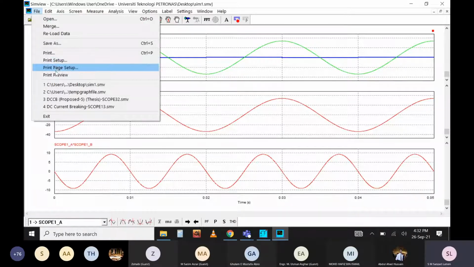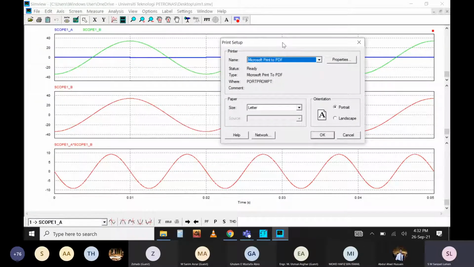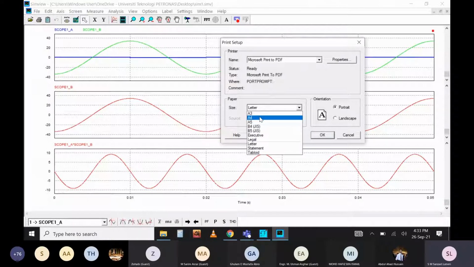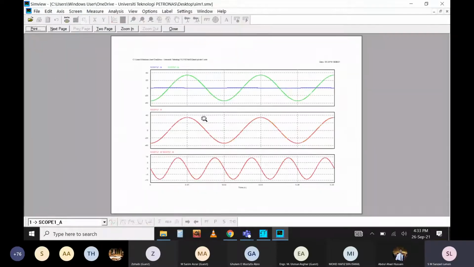So you need to set the image size. In order to do that, you have to define the page size beforehand. There are different kinds of pages available here, like A3, A4. So the approximate size of your image will dictate which page size would be better for you. If I choose A4 and I want the landscape image, then set it, then see the print preview.